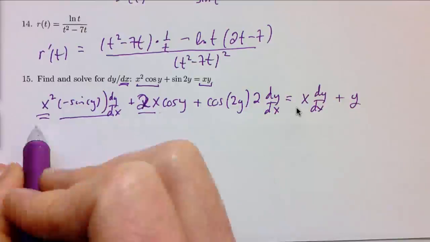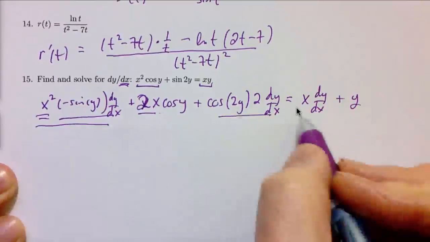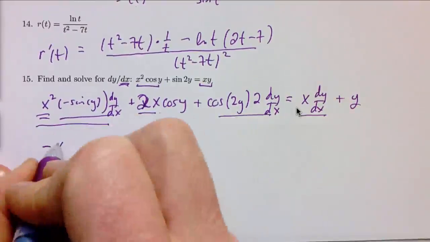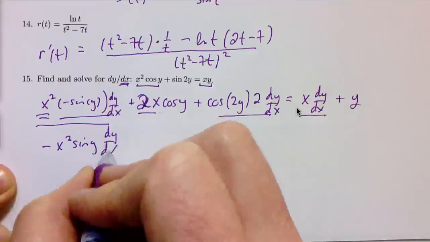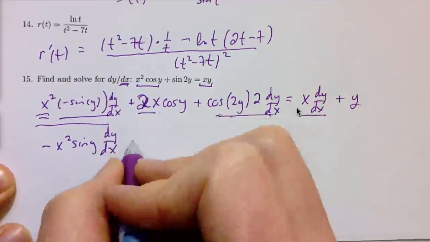Right. Now I have 3 terms here that have dy dx's in them. I'm going to move those all to one side. This guy. And this guy. So I subtract it over here. Likewise, all the terms without dy dx's, we move to the other side of the equation. We factor out the dy dx on the left side and then divide by the coefficient of dy dx to get